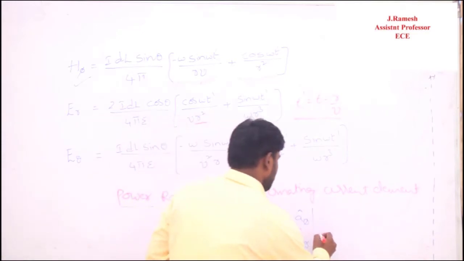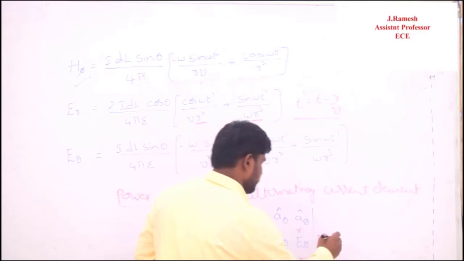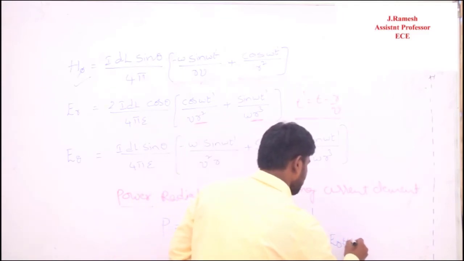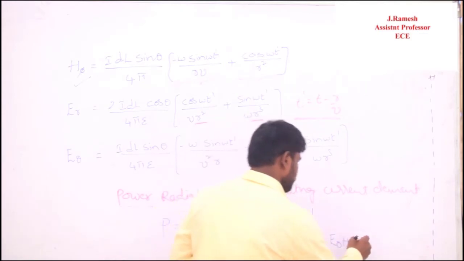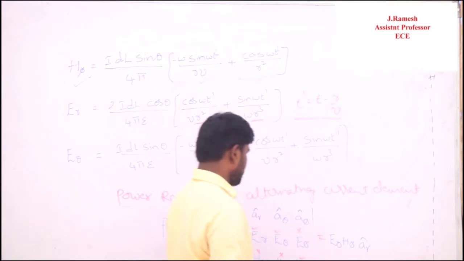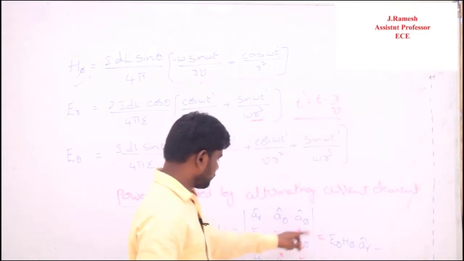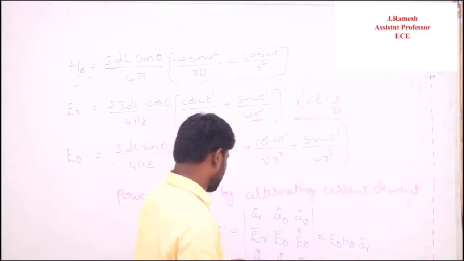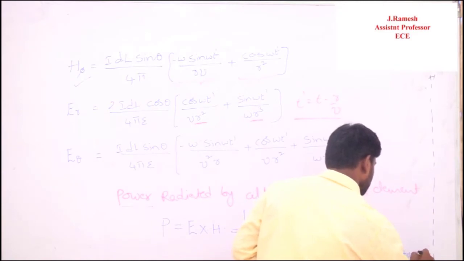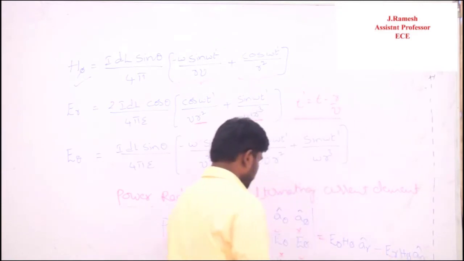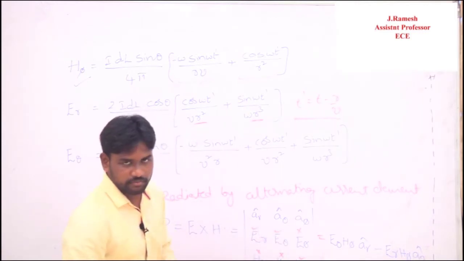So simply by using AR multiplied with E theta into H pi, it should be multiplied with the second one. Both are zeros, so just leave it AR cap. And observe the second one, minus of, so just leave this row and this column, ER and H pi. This is an A theta component. And what about the FL component? This is also 0, this is also 0, so the entire term gets vanished.